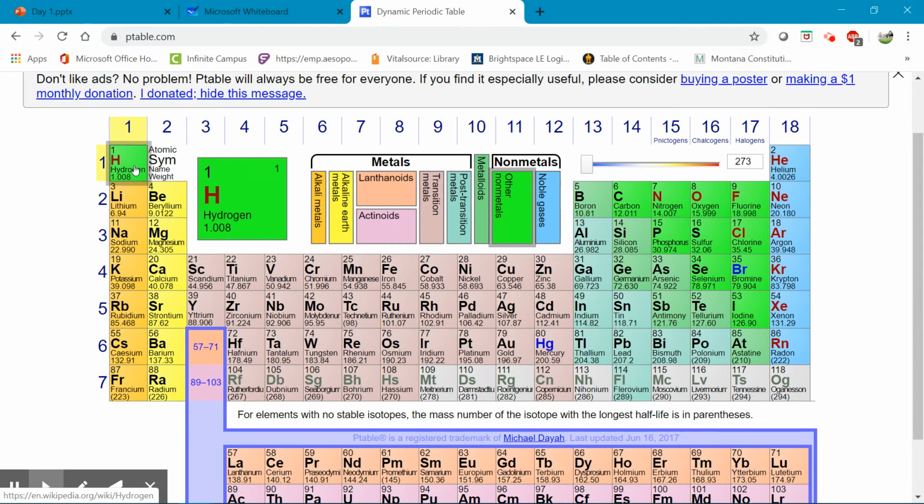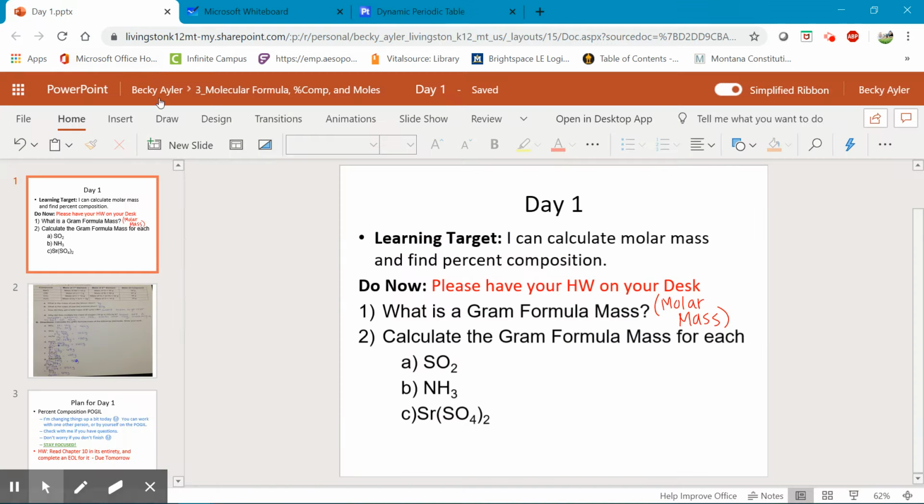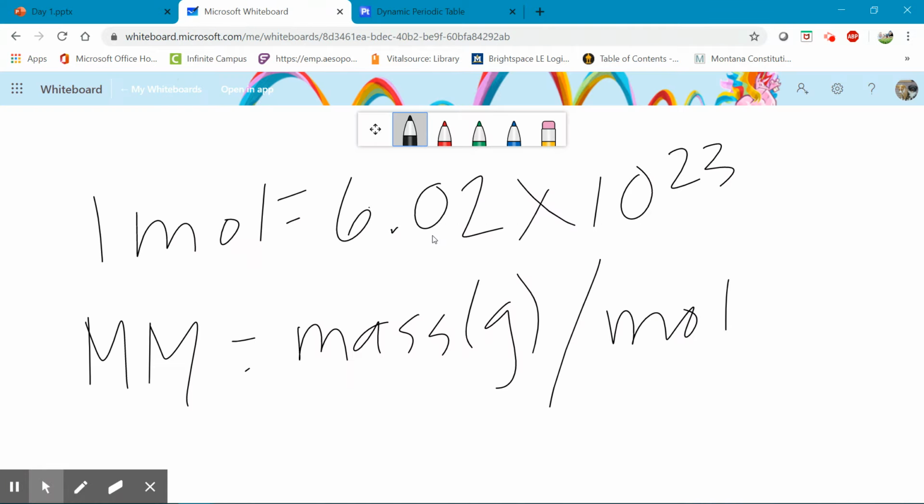So let's take this back into our practice. If we look at the questions, if we were to calculate the gram formula mass, or the molar mass, of each of these, all you simply do is take the masses of each independent element and how many there are of them and add them together. So, for example, if we go here to our whiteboard,